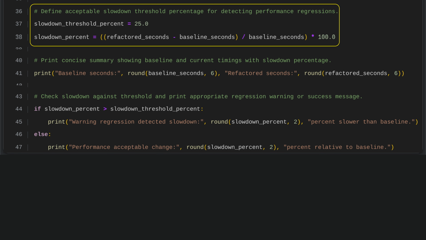We set a threshold of 25% slowdown to flag any serious performance regressions. To measure slowdown, we subtract the baseline execution time from the refactored execution time. Divide that result by the baseline time, and then multiply by 100 to express it as a percentage. This percentage tells us how much slower the refactored version is compared to the original, and whether it exceeds our